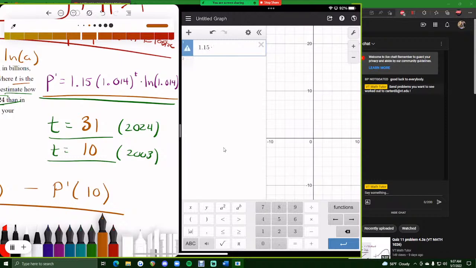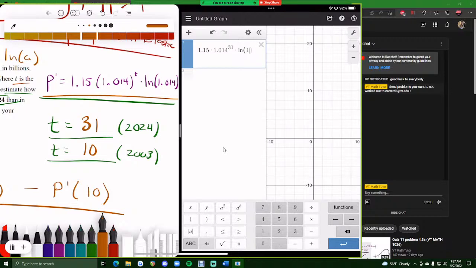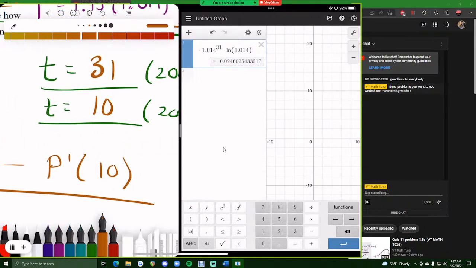So 1.15 times 1.014 raised to the 31. All of this is times the natural log of 1.014. And we get 0.0246, and that would be the first value here, P prime at 31,